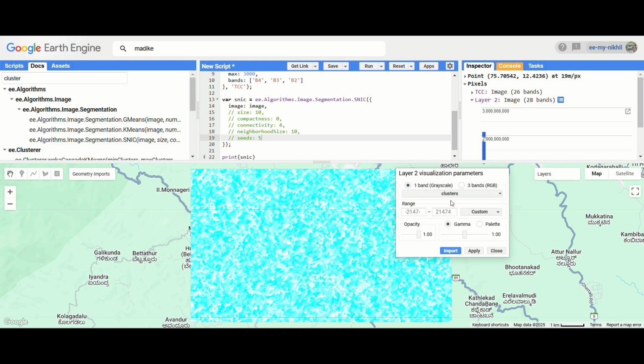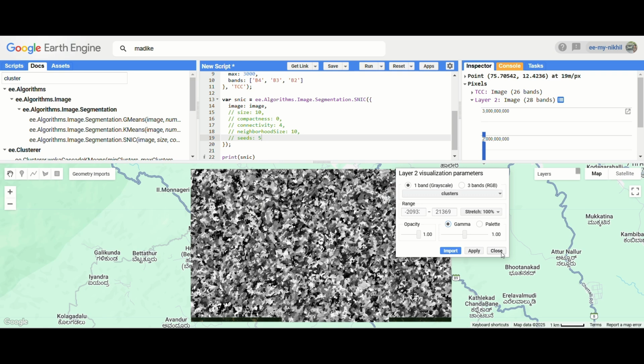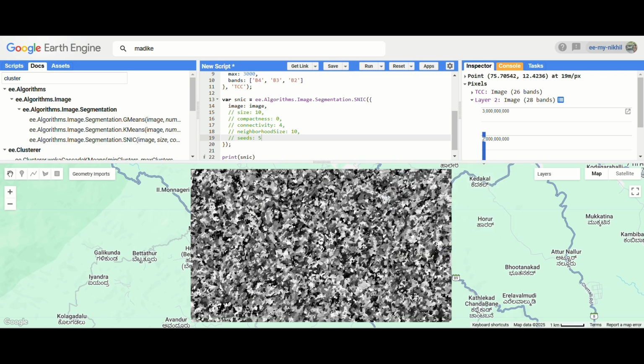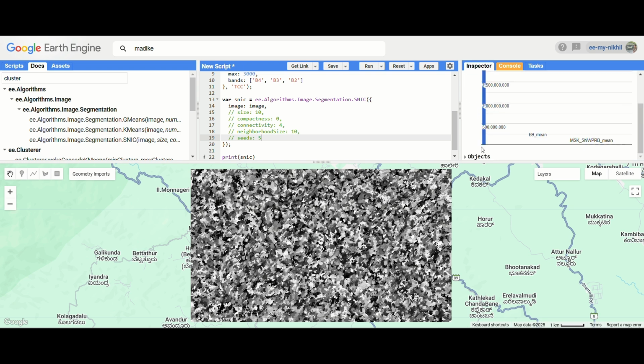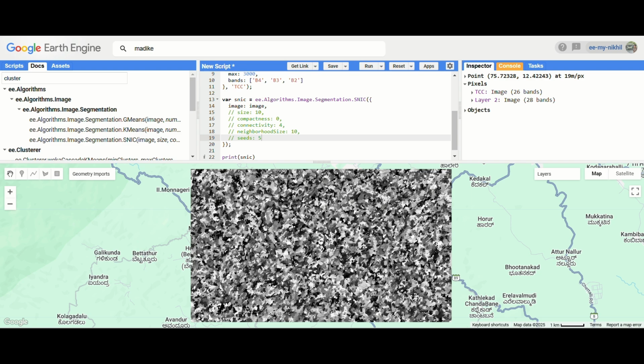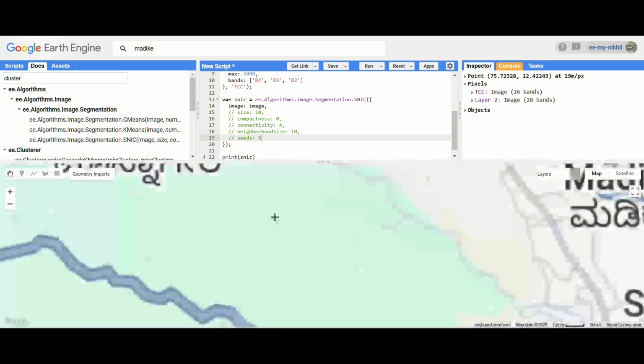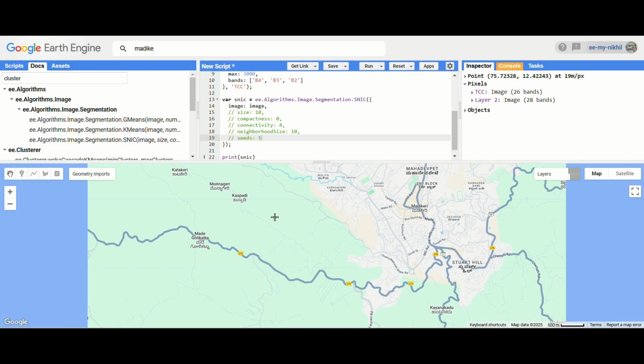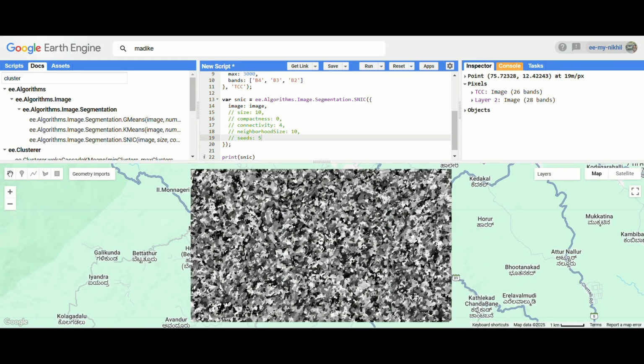So just come to band 1, select the cluster, expand it, and click on apply. So we have too many clusters now. If you just click on this, you will get the clusters for different kinds of clustering of an image. So these are just connected pixels which have more kind